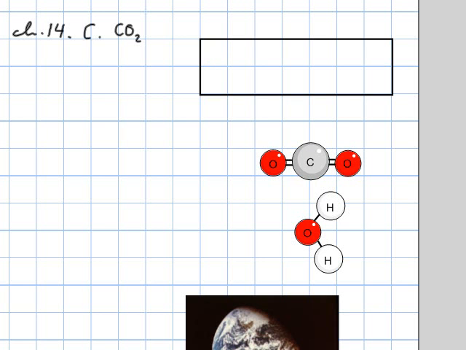Okay, let's see what they have given. They have given the VRMS for H2O, but they want to figure out what it is for CO2, and basically that's it. Then of course they say that the temperature is the same for those, and let's see what we're going to figure out here. Well, this is under the header of the kinetic theory of gases, so we look in there for what kind of equations we have.